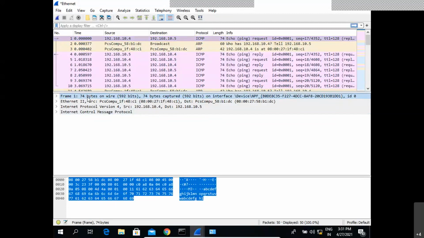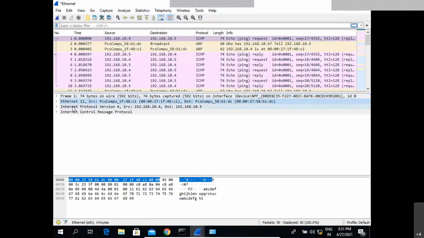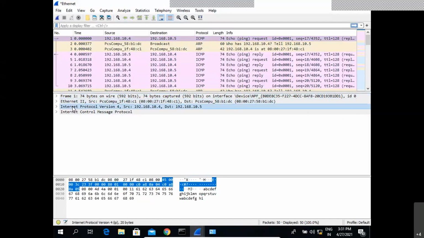And in the second parameter, we can see Ethernet, because in a frame, we have to see the layered approach. So the first one is the physical packet that has been captured. The second thing is the data link layer frame. And the third is the network layer. Then according to the network layer, if there is some kind of dependency like ICMP or IGMP, then we can see it accordingly, or else we can move on to the transport layer or the application layer.